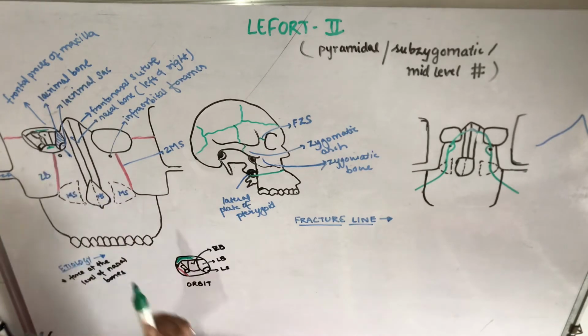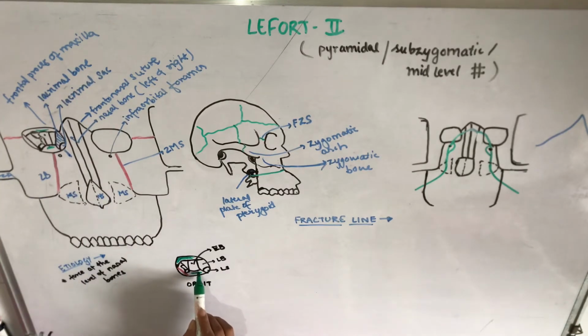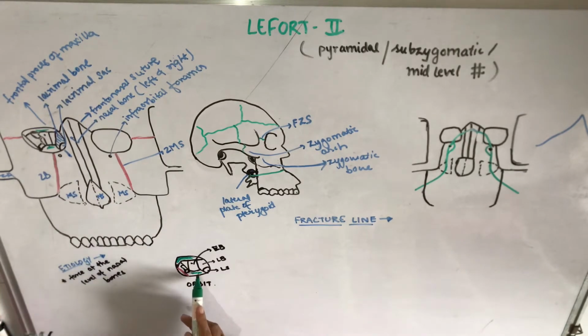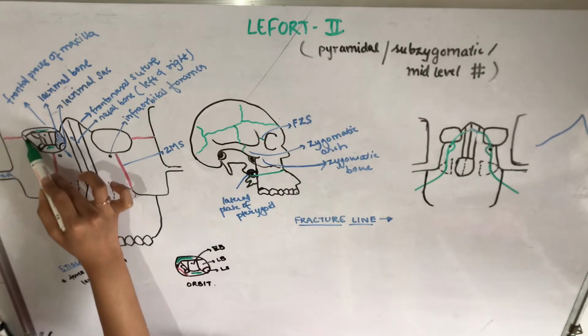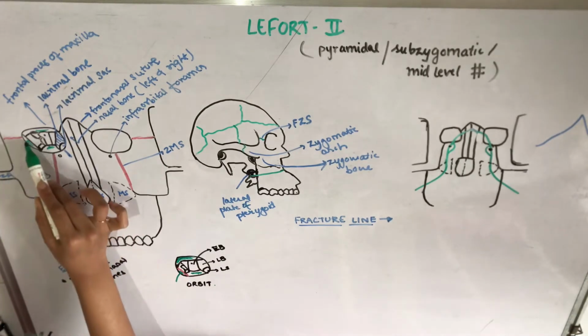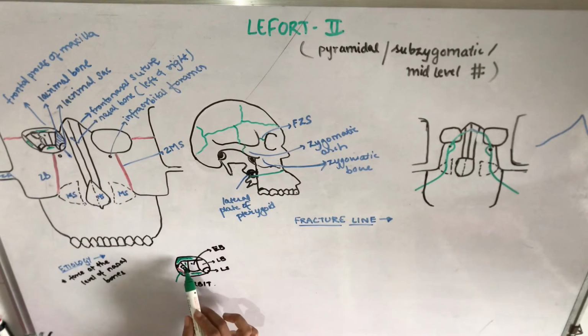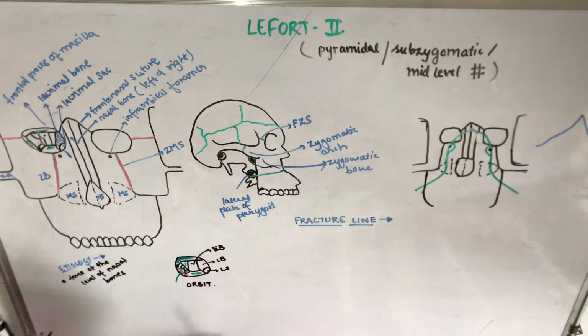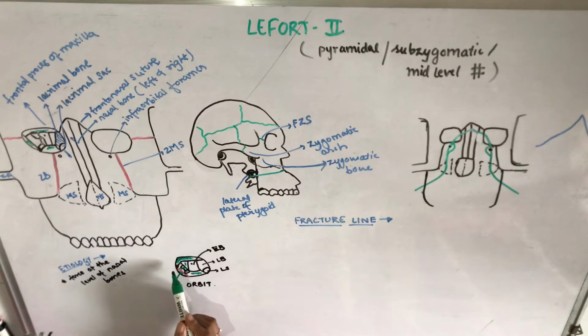This portion is the orbital plate of the maxillary bone, as your maxillary bone is present over here. This small part is the orbital plate of the zygomatic bone, as your zygomatic bone is present over here. This is the lesser wing of sphenoid and this is the greater wing of sphenoid. In the greater wing you have the superior orbital fissure above and the inferior orbital fissure below, and this suture is known as the sphenozygomatic suture.